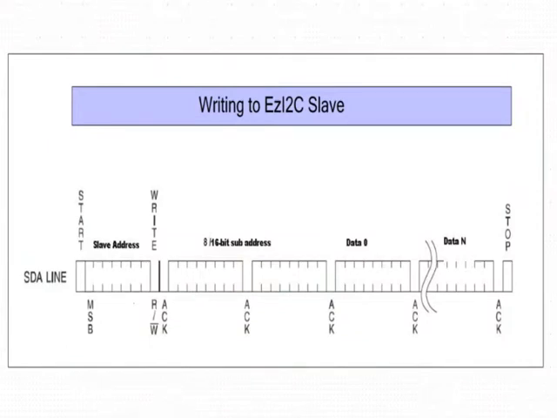The data byte sent after the subaddress will be written to the location pointed to by the data pointer. The data pointer will be internally incremented after each received byte, so that they are stored in sequential locations of the buffer. When the master wants to end the transmission, it issues a stop command.